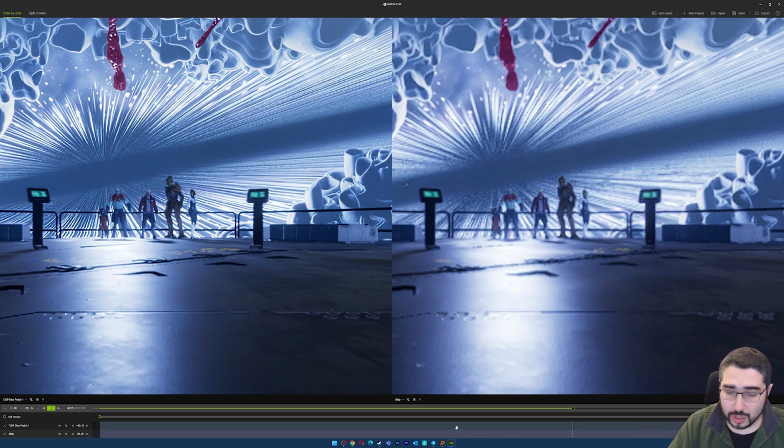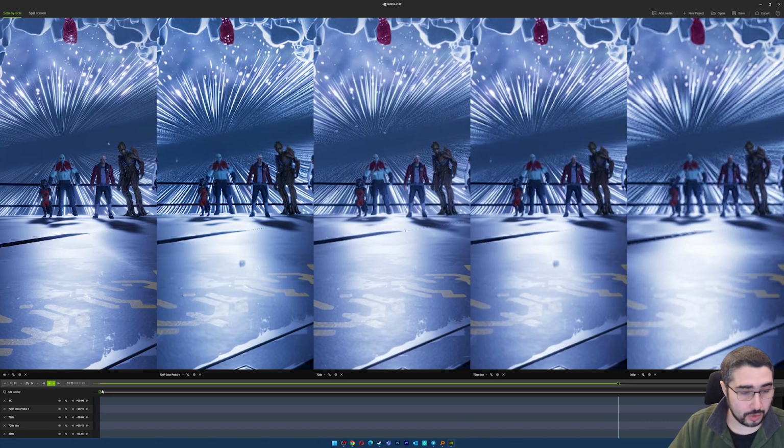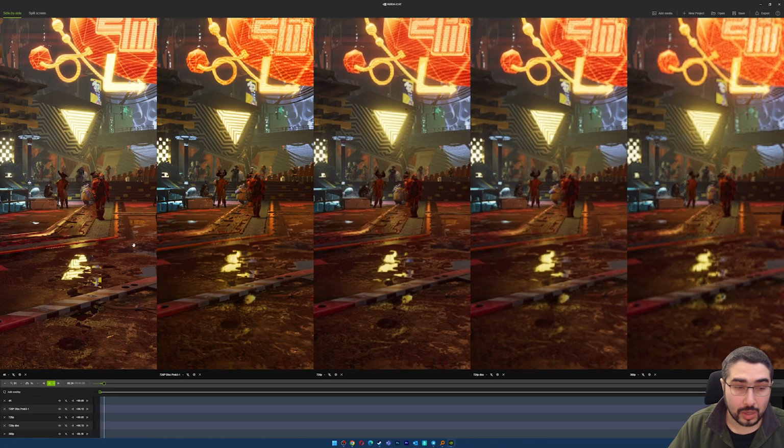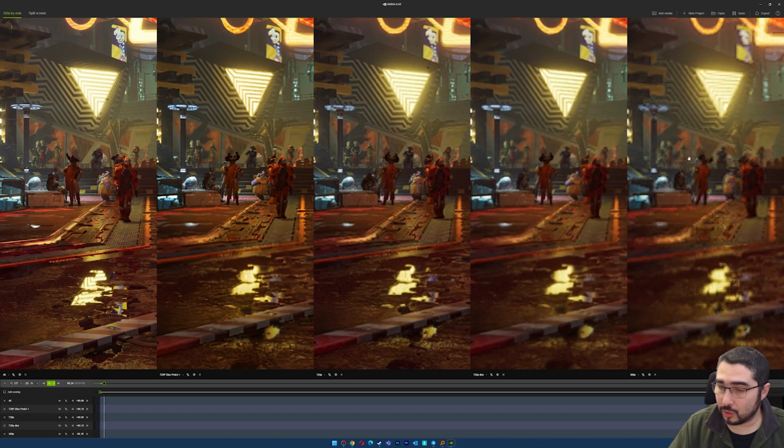Now, if we go to the other one, let's just start so we can see. So here we have all the images. This one here is the 360p image, the original one. The next one is the 720p DLSS image. So we went from 360p to 720p using DLSS. This, for comparison, is the native 720p, not DLSS or anything.